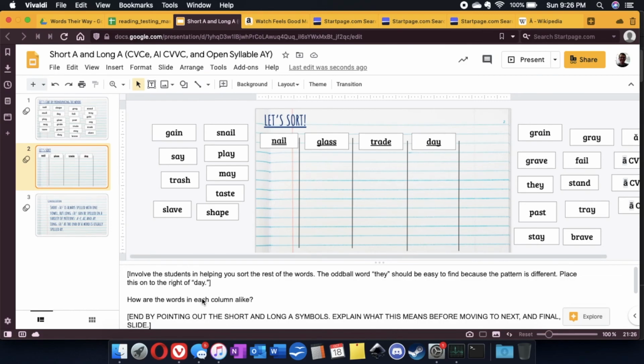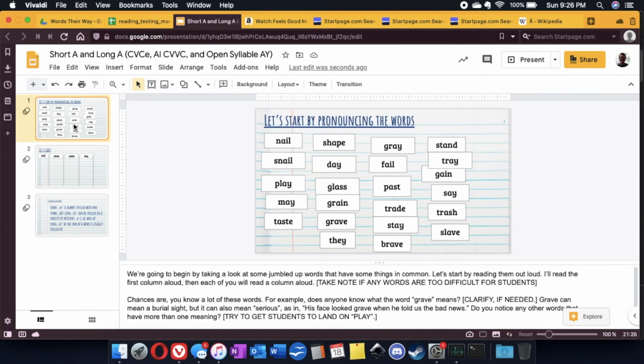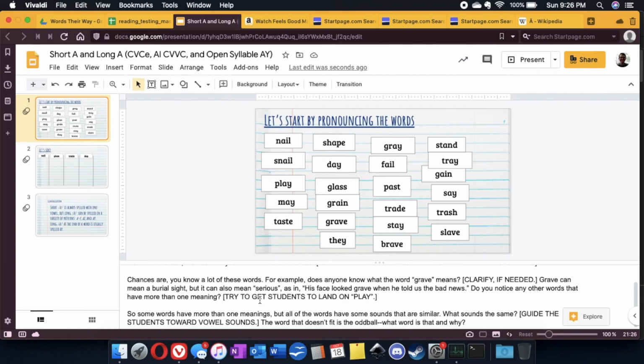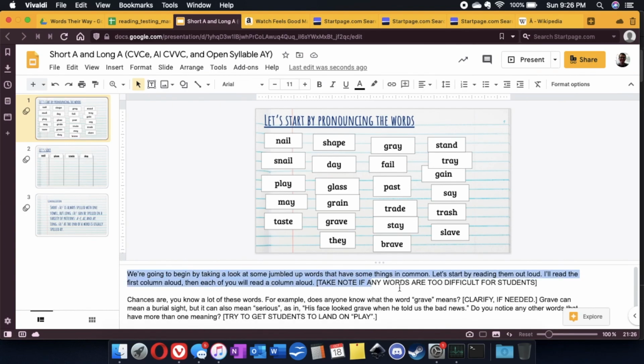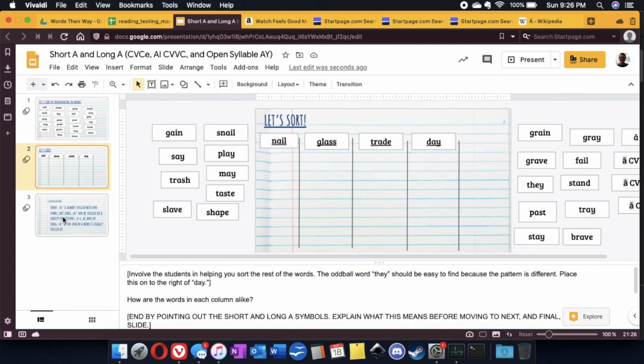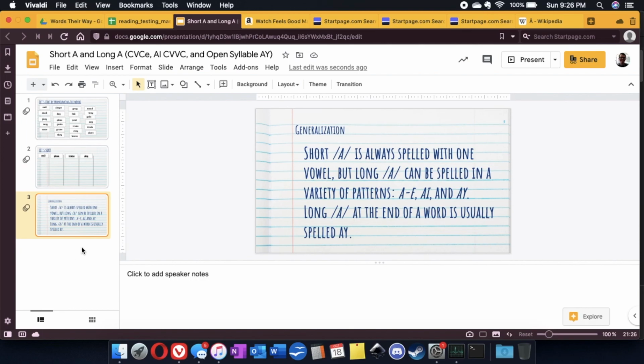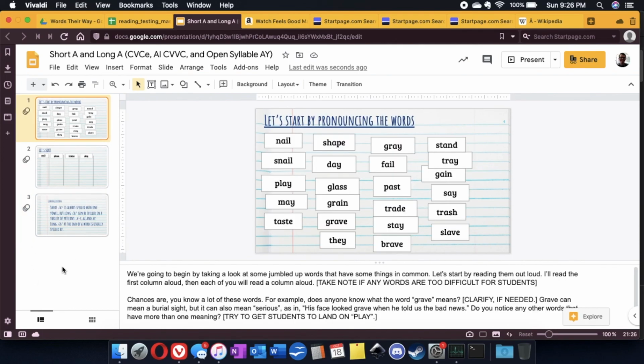So that is essentially it. Again, if this seems confusing, you're just going to start by presenting the first slide and then working your way through this script. This is what you can read word for word. Anything in brackets is just what you should be doing, and then work your way towards that generalization. You might have different words than these with your particular set of students, but it's always going to follow this